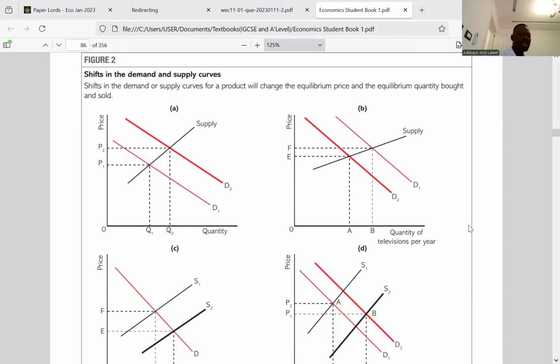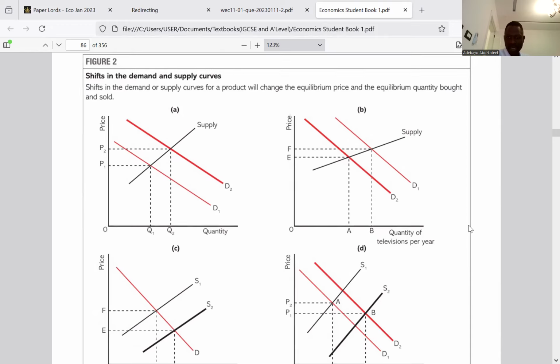The first situation is that demand has increased. Demand increases more than supply. And as soon as demand increases more than supply, it brings about a rise in the price. I think that one is clear. For A, do you get A? For B, they said, for B, we have